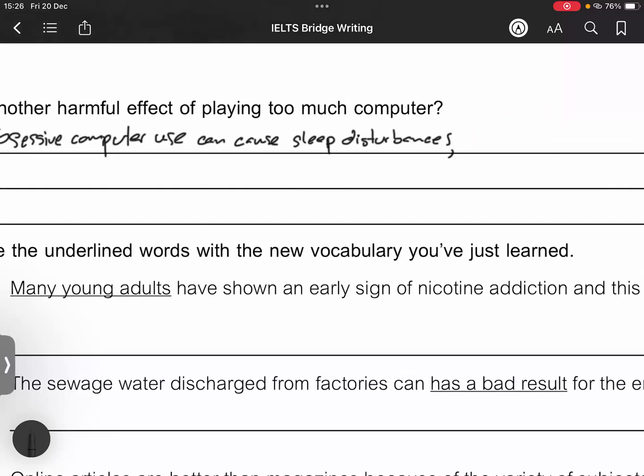And why does this happen? How does this happen? Because